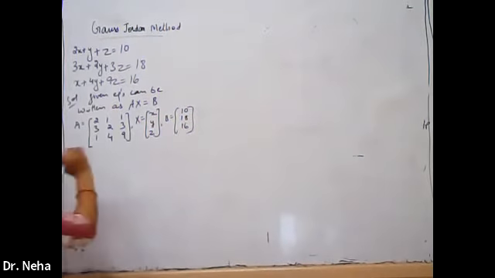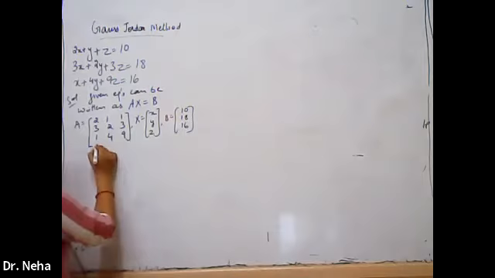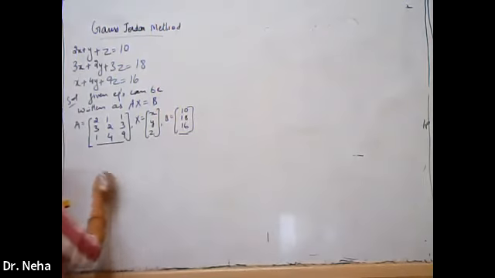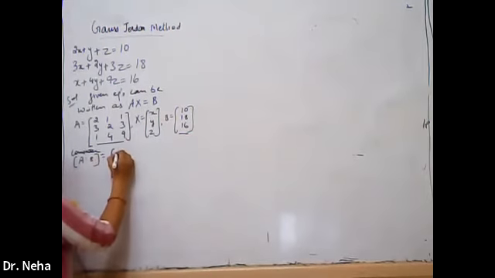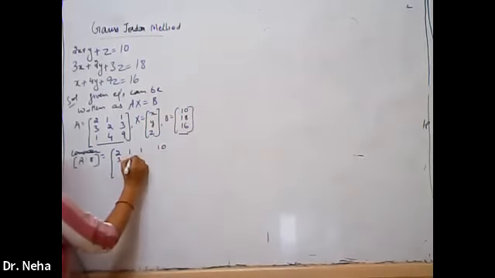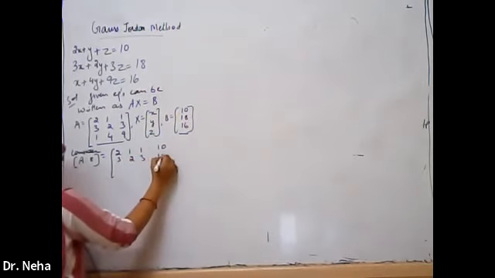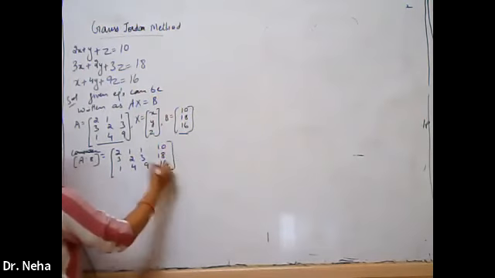Now, whenever you need to convert the matrix A into either upper triangular form or diagonal form, we have to consider both A as well as B. For that, let us consider A colon B, that means writing down B separated by a colon. Let's write down the elements once again: 2, 1, 1, 10. Then next is 3, 2, 3, 18. And at last 1, 4, 9, and 16.